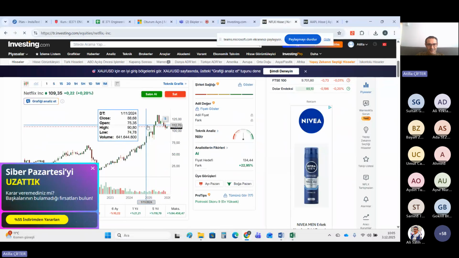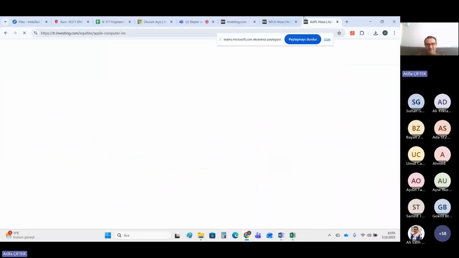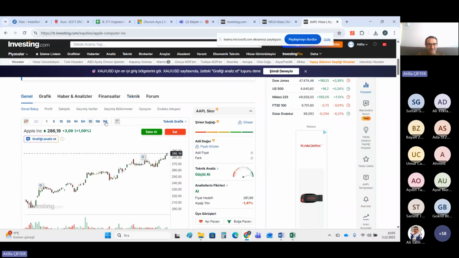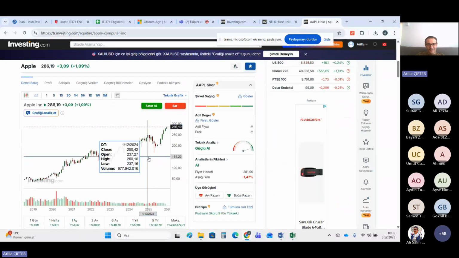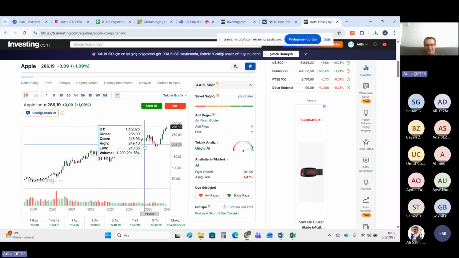We just said here decrease Netflix, but as you can see, Netflix increased. Apple, increase Apple. Let's see here, around here. You can see that since it's a limited capability, it could not catch the short-term movement. But over the long run, yes, here